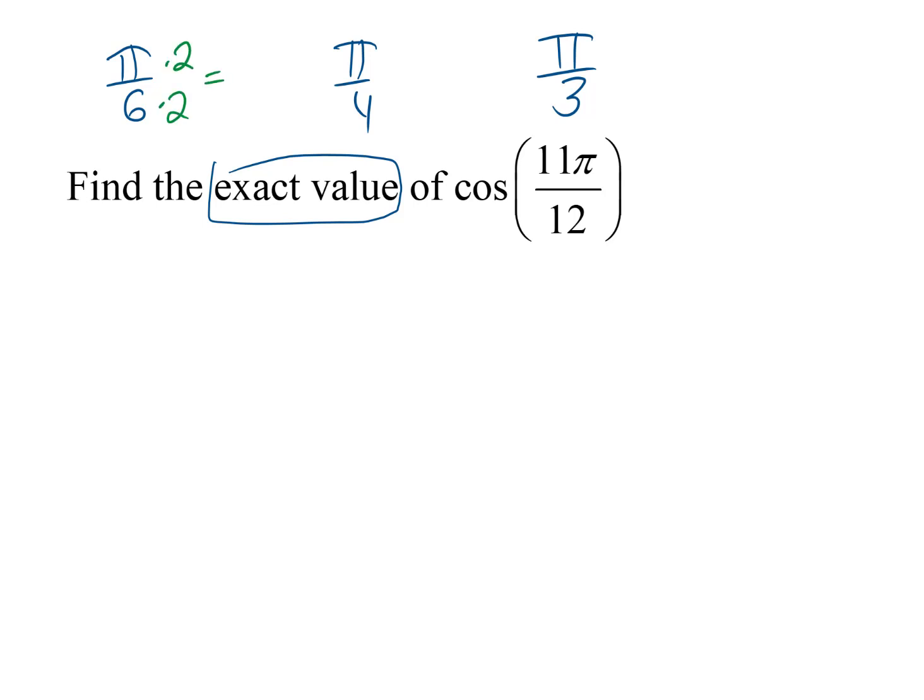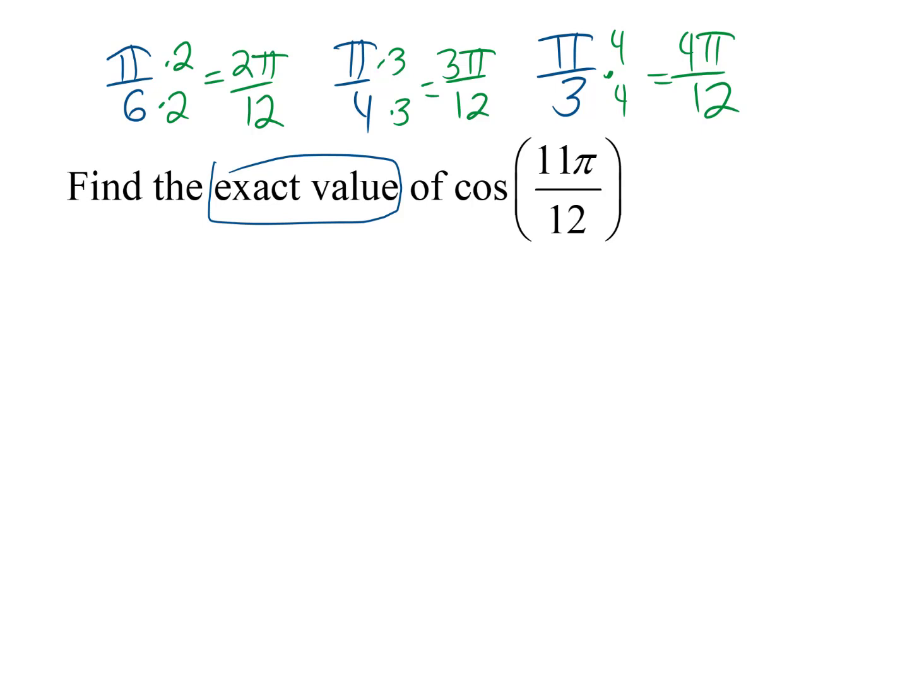So this one would be 2 pi twelfths, that's pi sixths. And if we did this by 3, we get 3 pi twelfths for pi fourths. And if we did it with pi thirds, we'd have 4 pi twelfths for pi thirds. So that'll help us see which of those we can add together to get 11 pi twelfths, or we could